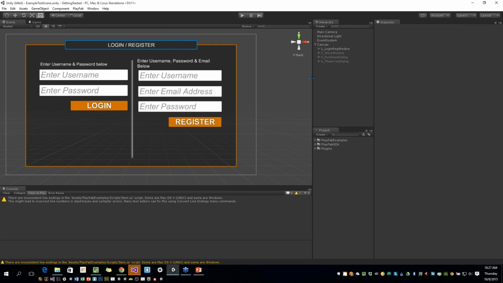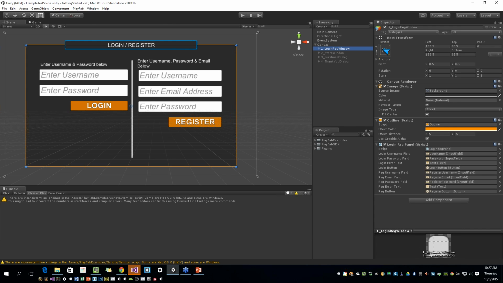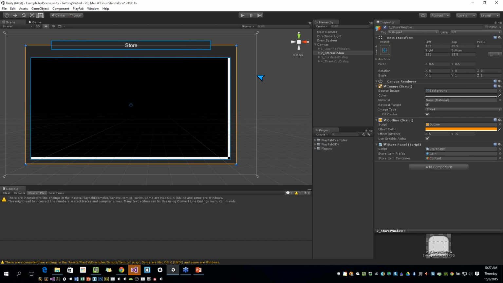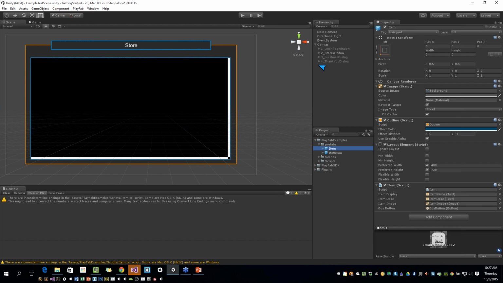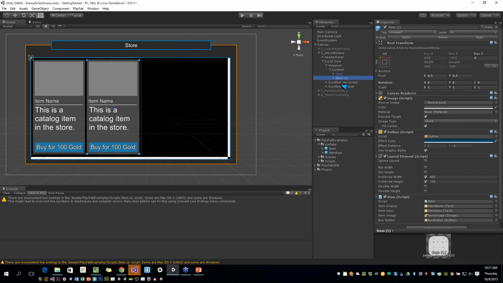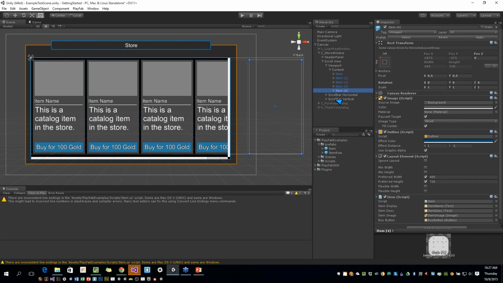So in this series, what we're going to focus on is how to hook up this UI. I went ahead and made a few UI components to start off with, and what I have here is a login and registration panel. I have a store panel, and it's empty. What will probably end up going in it is these little prefabs I made. If I drag this into my little content area, and then I duplicate this, using Control D to duplicate items, which is a nice little shortcut,